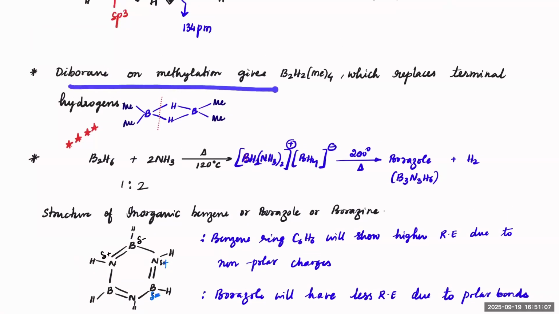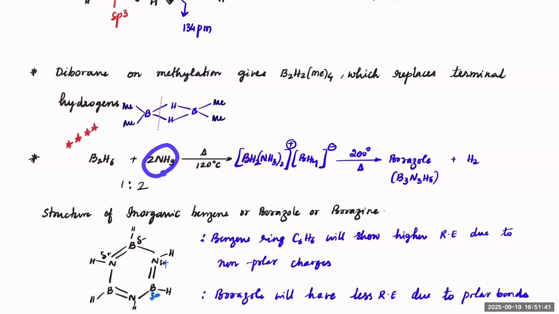See, diborane on methylation will give you B2H2Me4. See, methyls cannot fit in the center. So when it comes to methylation, that means if you have something like CH3 group on it, these hydrogens can be replaced by methyl at these corner positions, not at the center. So they will only replace these terminal positions. Understood? Next one,